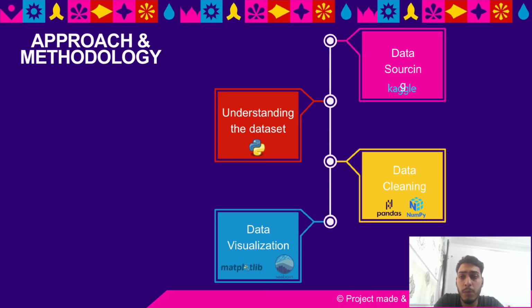So here's the approach and methodology that I followed to make the project. The first step was to source the data, which I did from a website called Kaggle. Then I moved to the understanding of the data set, which was done with the help of Python. Further, I moved on to data cleaning, which was done with the help of Pandas and NumPy. Then I moved to the visualization part, which was done with the help of Matplotlib and Seaborn. In the upcoming slides, you'll be seeing the charts and tables that I have made with the help of the